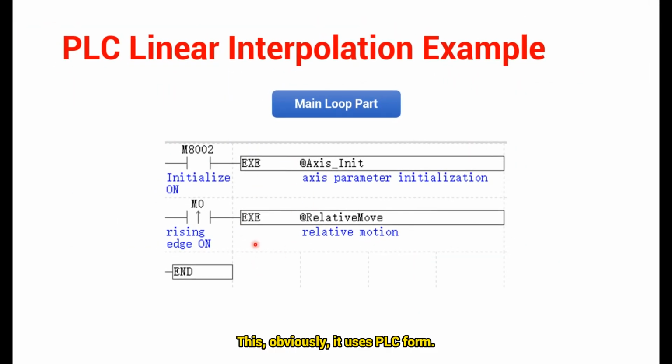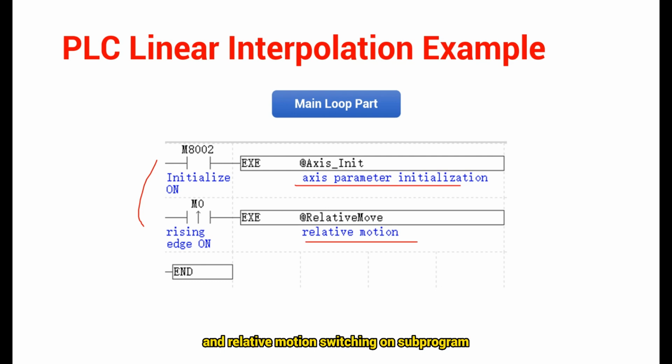This, obviously, uses PLC form. That is, how to use PLC to achieve linear interpolation. The main loop part has three parts: main loop, X parameters initialization subprogram, and relative motion switching on subprogram. In the main program,